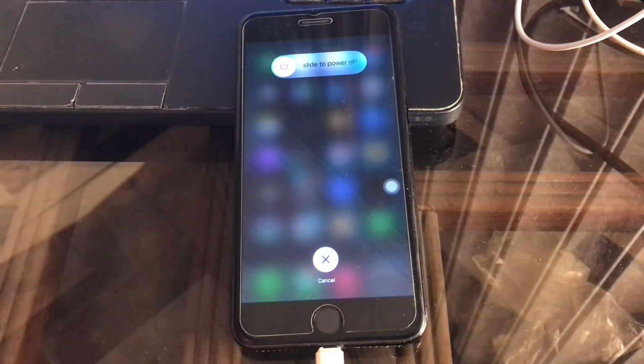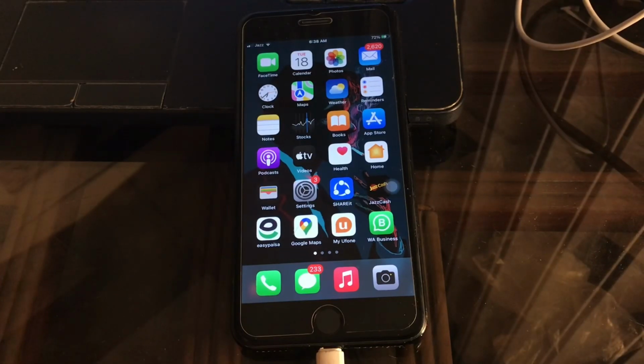And the next step is change the data roaming setting. This method worked for a few iPhone users where they enabled the data roaming settings and restarted their iPhones. After that it worked normally like before. Please keep in mind you need to enable the data roaming only if you are in your home country, otherwise it will prove very expensive.